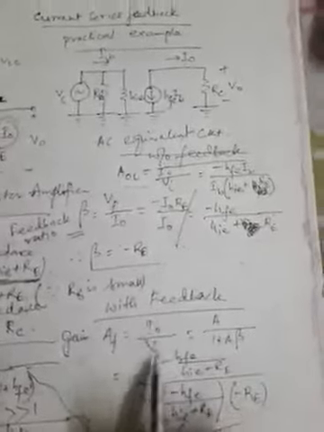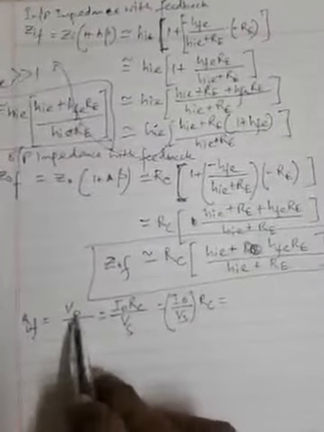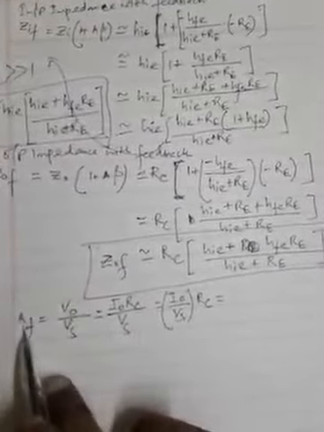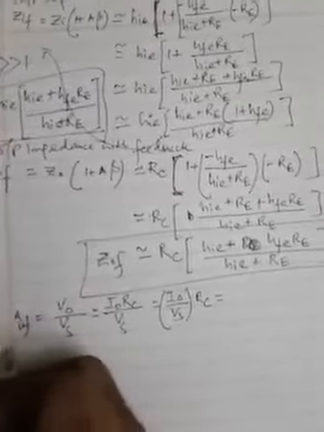This is AF. This is the gain for this amplifier with feedback. Now this was the gain IO by VS. This is trans gain actually, because at one side it is current and at other side it is voltage in the ratio in the numerator and denominator. Here in this case we are finding the voltage gain actually. So at the output side, at the input side, in the ratio both taken in terms of voltage. So this is the voltage gain AV with feedback. So this is voltage gain.